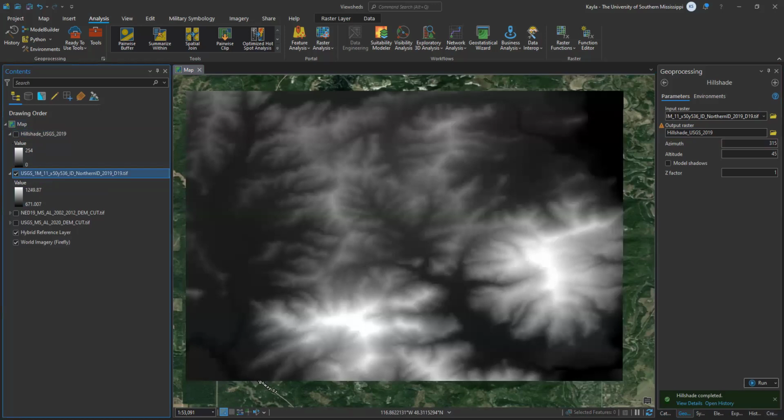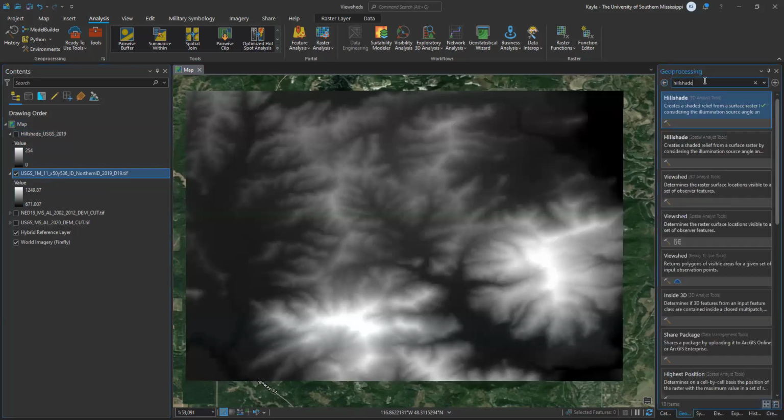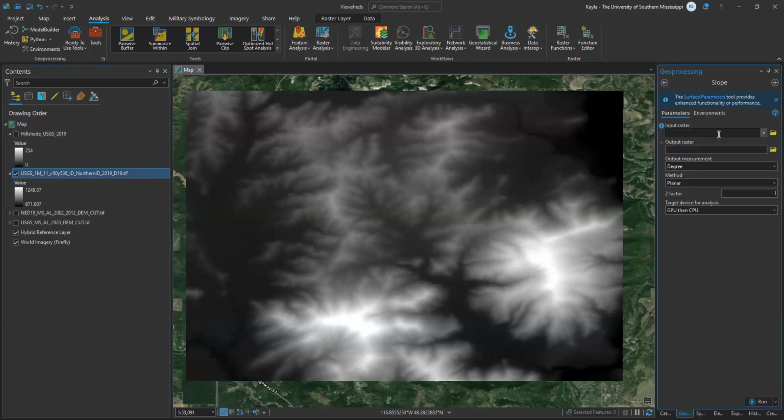Now, the next thing you can do with this, which is also a good thing when you're dealing specifically with terrain data, is you can take a look at the slope. So this is just going to take a look at what the gradient is going to be. You just search in your geoprocessing tools for that. You put your elevation in, give it a nice name. In this case, I'm just going to give this slope